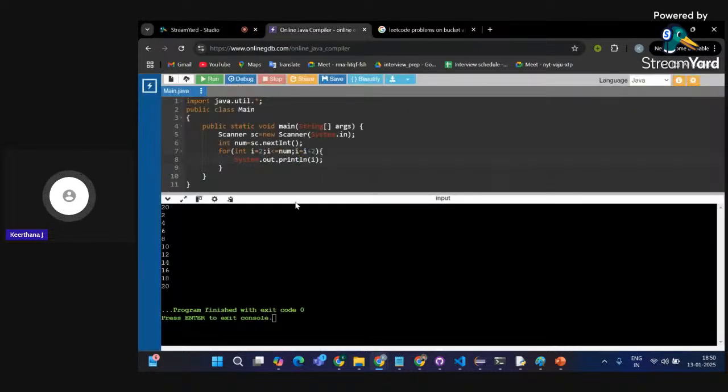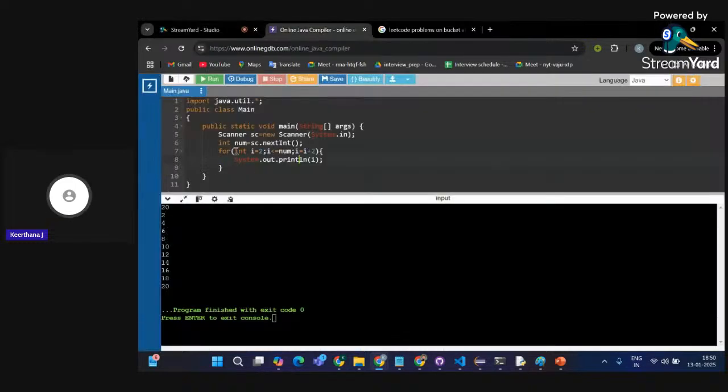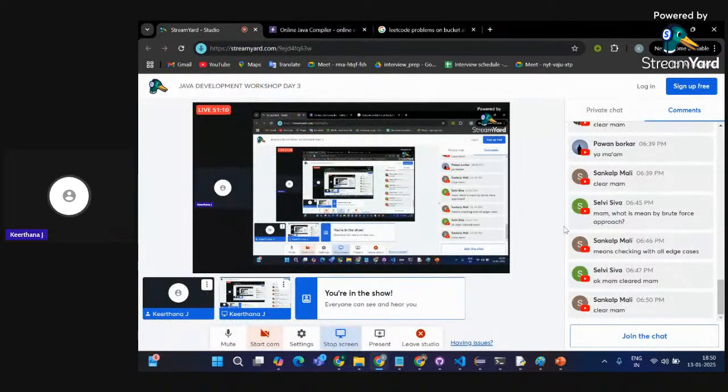You want to know how this flow works in order to solve many questions, and in order to get more grip on that concept. So guys, are you clear with the for loop concept, or should I explain each and every iteration?